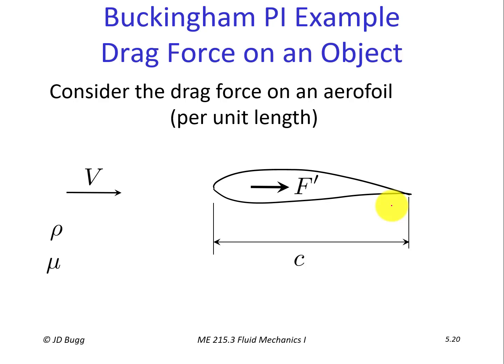So this is the scenario that we're going to apply Buckingham PI theorem to. We want to figure out the drag force per unit length as a function of all of these other variables: free stream velocity, density, dynamic viscosity, and chord length. So we'll go through the steps of the Buckingham PI theorem now that we've sort of laid out the problem